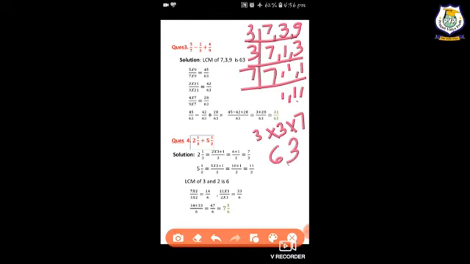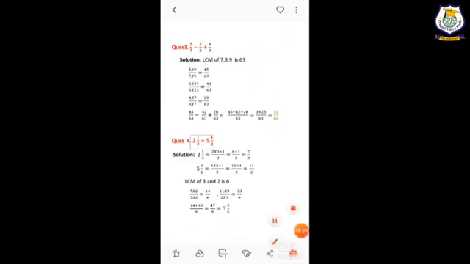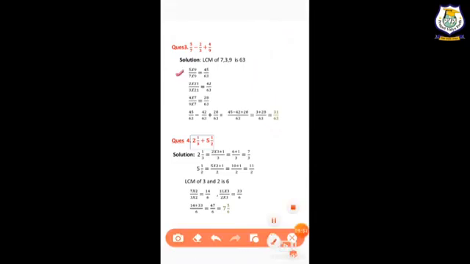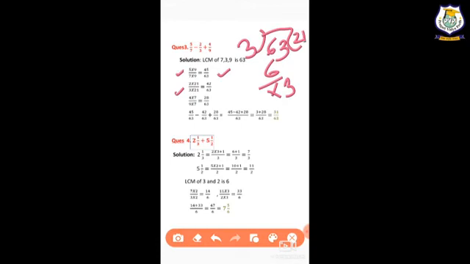Now we will have to make all the denominators 63. First, 5 upon 7 is our fraction. In the 7 table, 63 comes 9 times, so we will multiply both numerator and denominator by 9. So it's 45 by 63. Next, 2 by 3. Here we cannot easily tell how many times 63 comes in the 3 table, so we simply divide it by 3. We get 21, then 7. It means 21 times. So here we will have to multiply both numerator and denominator by 21.